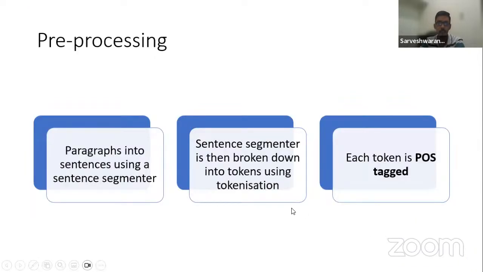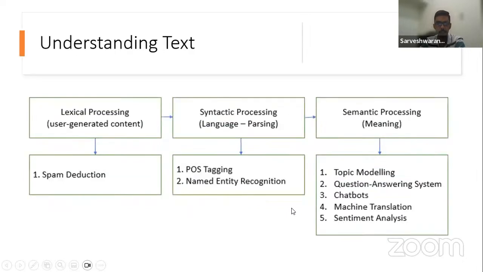Before that, let's understand text. What is text? For us, text comes from a document, but what is text for a machine? What are the different use cases revolving around text?